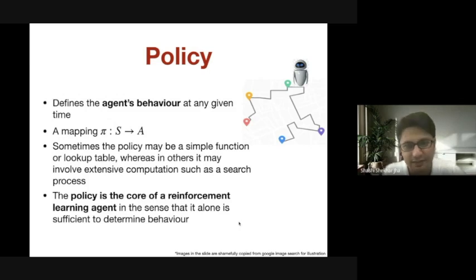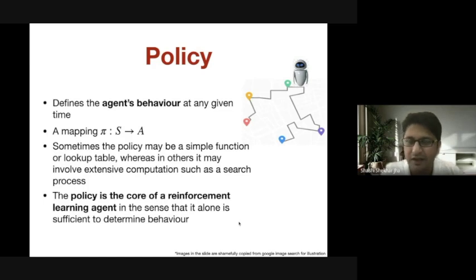So a policy is nothing but a function, a mapping, that tells the agent what action to take in each state. If you remember, earlier we said the agent's aim is to find the best action in each state. And now we're giving that a name: let us construct a function, and we're going to call that function the policy. That policy will now tell the agent what action to take in each state.